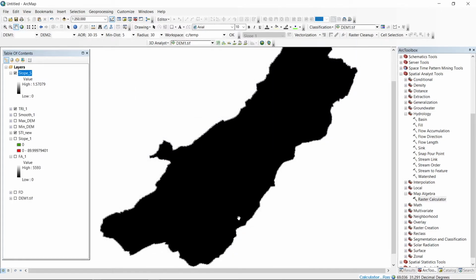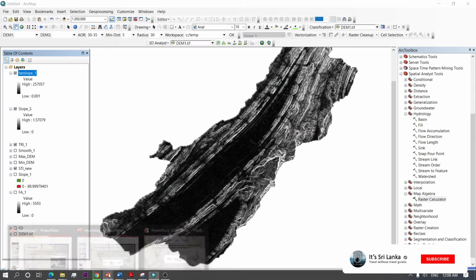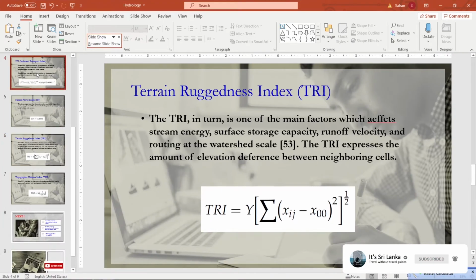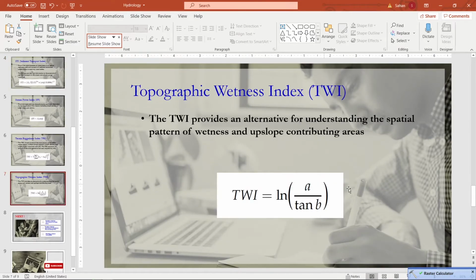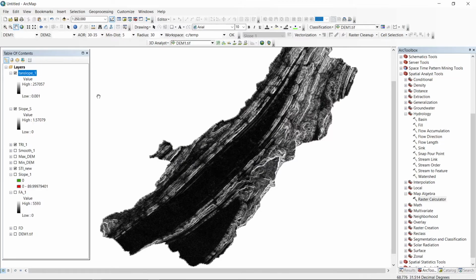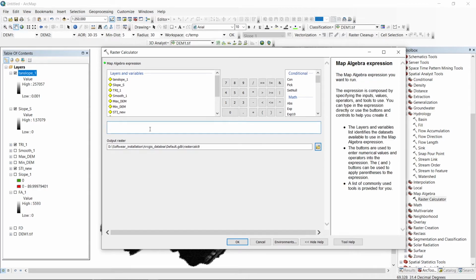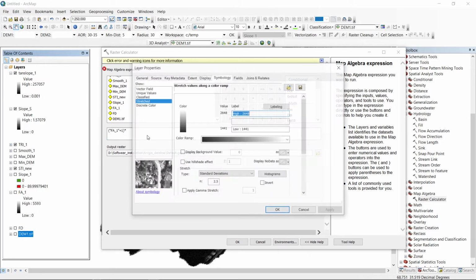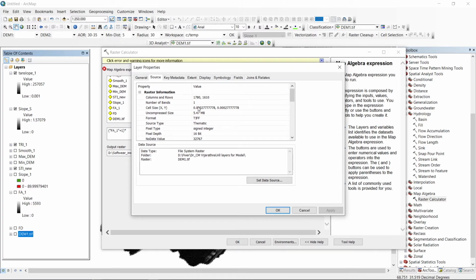This is the process behind that formula that we already discussed here. We have got tan slope, then again raster calculator: flow accumulation plus 1, multiplied by cell size. So we are going to give the cell size of our DEM raster file, which is this one.